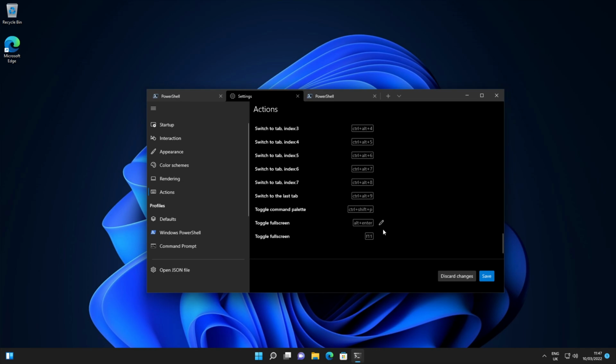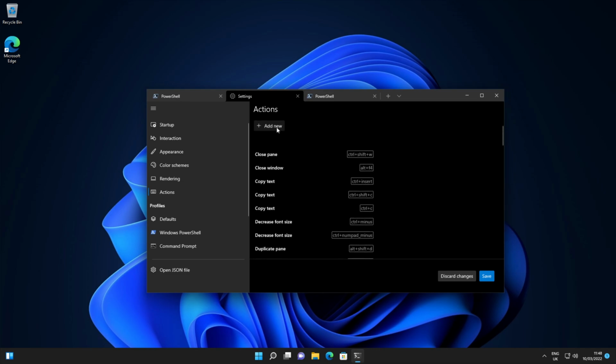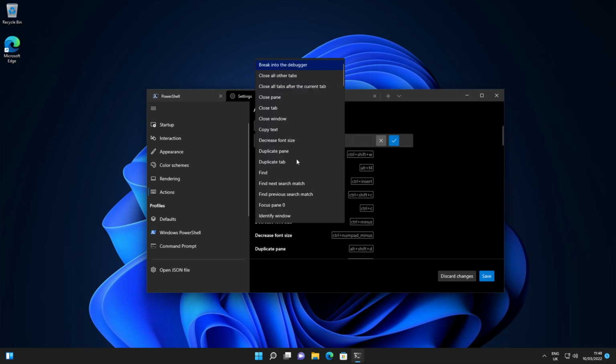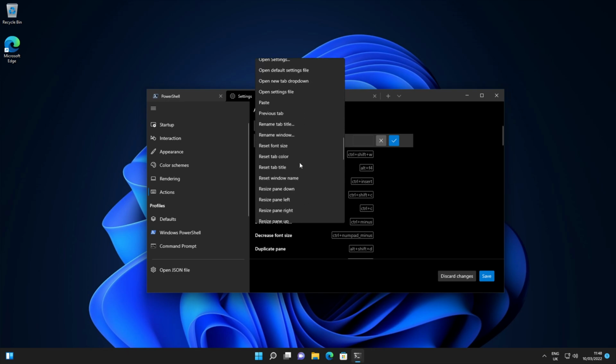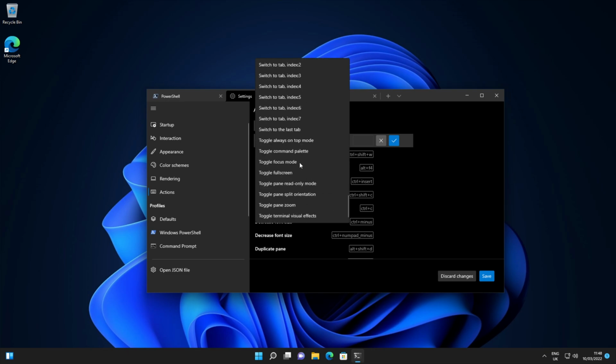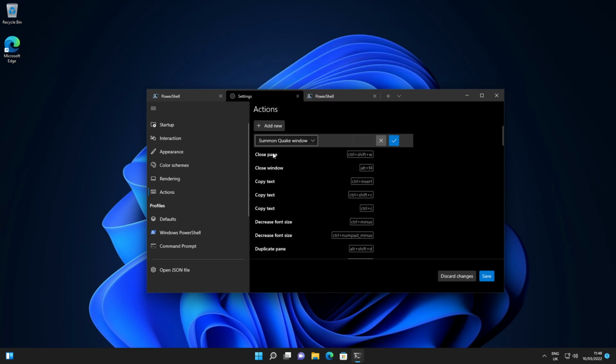And up here, you can click Add New, and then you can choose what you would like to do. For example, summon Quake window, and I'm going to give it a shortcut of Control and tilde,